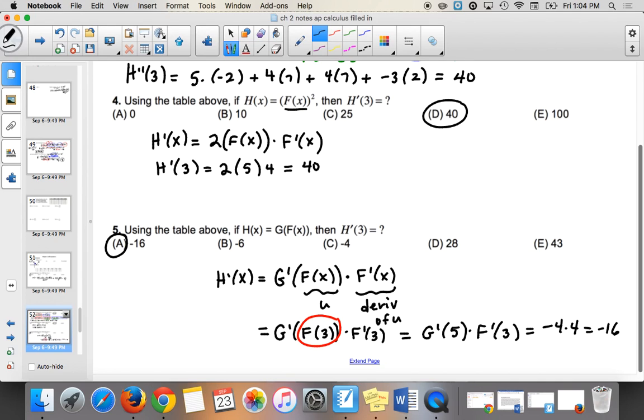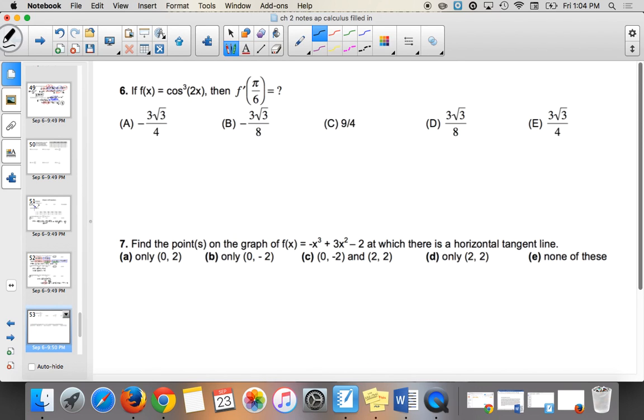All right, so this is a double chain. Do you guys all recognize the double chain? I'm going to rewrite it as f of x equals cosine of 2x, all in parentheses, cubed. So we have something cubed, it's in the form u cubed. So the derivative of u cubed is going to be 3, whatever u was, squared, times the derivative of u. So we're going to have cosine of 2x